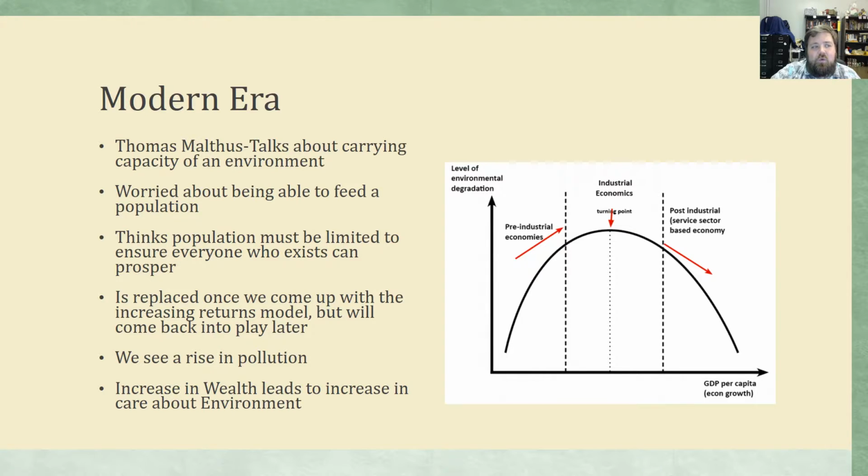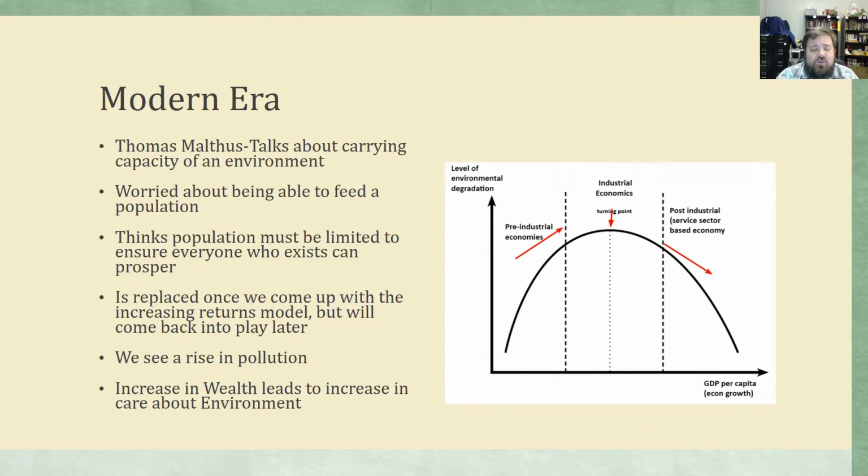Right? There began to be more and more environmental degradation. By the time of the 18th century, we'd already had thinkers come out talking about things like carrying capacity and how humans impact the environment. Thomas Malthus invented this idea of carrying capacity, where he's talking about humans only being able to be supported by a certain amount of land. Carrying capacity is this notion that the land can only support a certain size of a population.